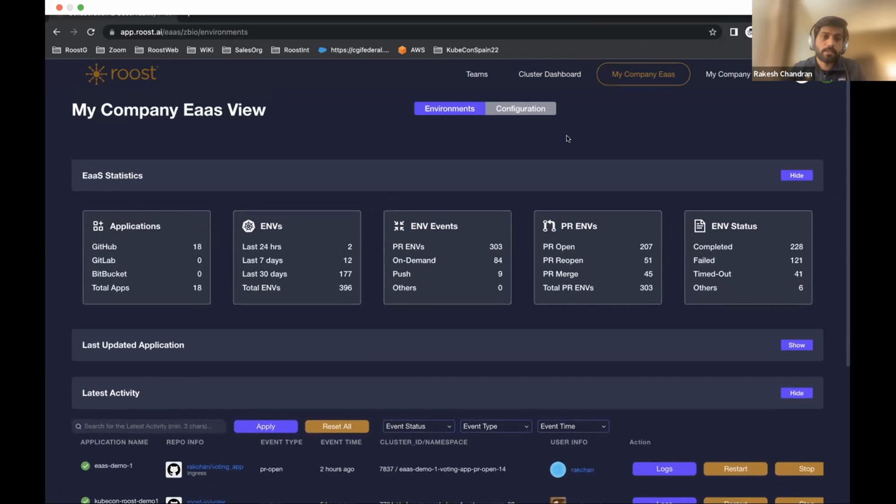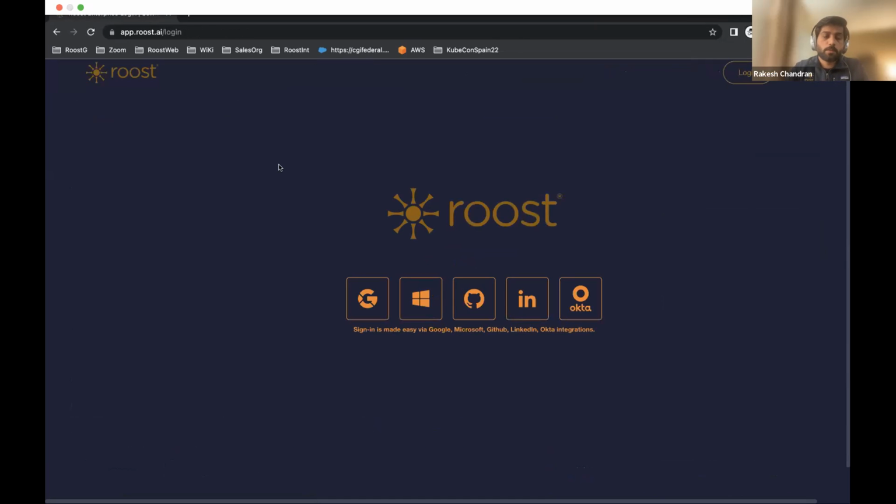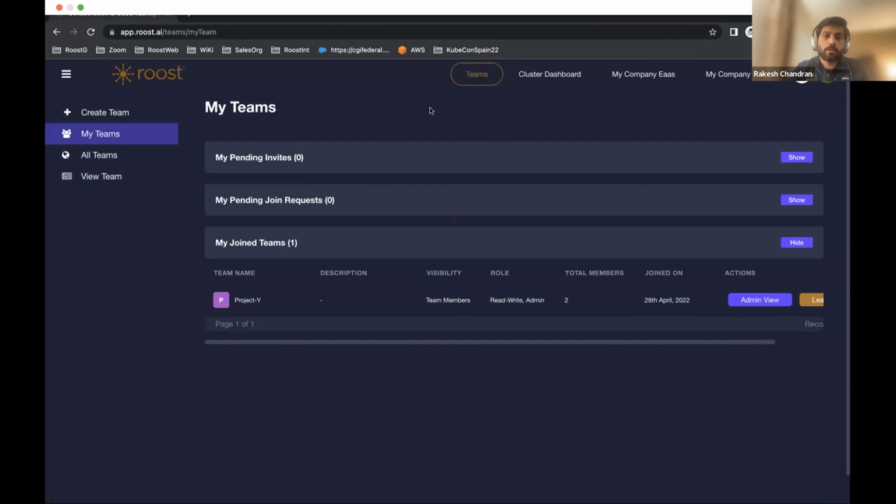So yeah, this is the Roost UI. Let me just log out. It's a private SaaS plane, and we provide integration with Google, Microsoft, and GitHub, and other third-party integrations as well. Once we log in, this is the dashboard. As you can see here, we provide services in 3 aspects.